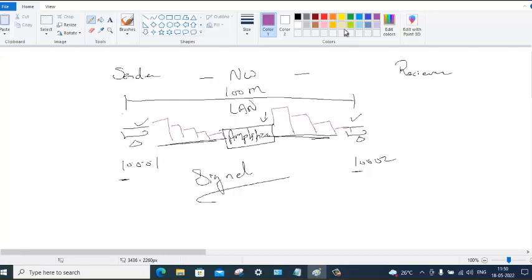But there is a drawback in this amplifier. What? In the path, if there is some error attached, we call it noise. Along with the data, some unwanted bits get created. We call it noise in the network. Noise. What is noise?